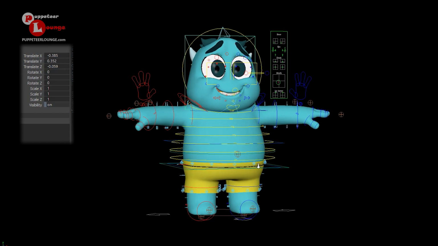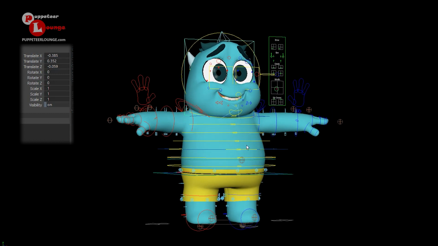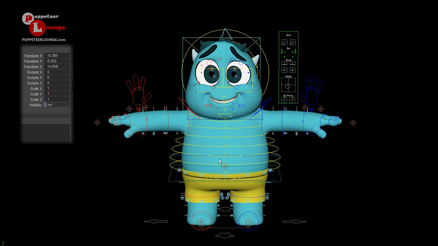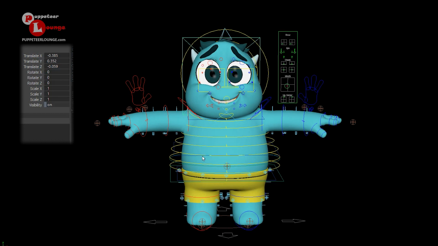That's a quick walkthrough of the character rig demo for this chubby little guy. And if you are interested in learning the techniques needed to rig this kind of character, be sure to check out Puppeteer Lounge